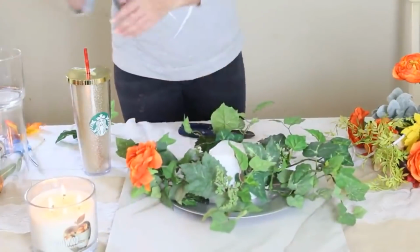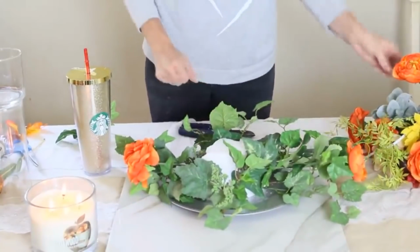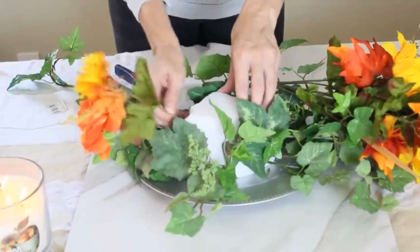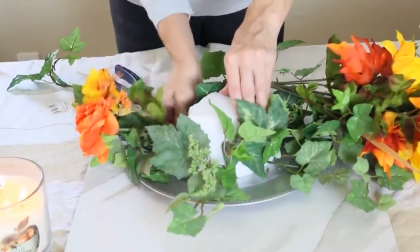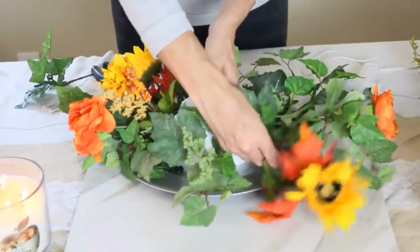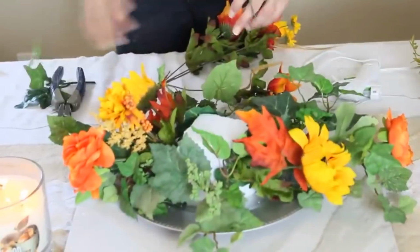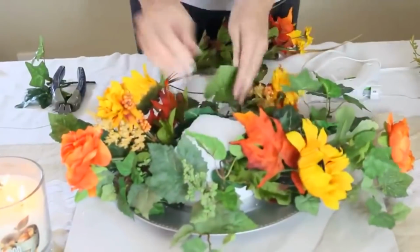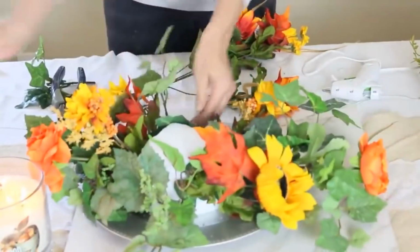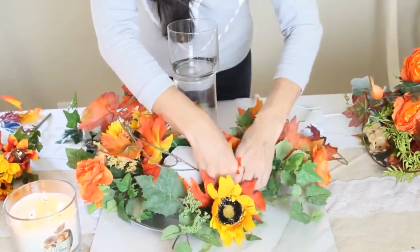Again, they're $3 for the entire bundle. I thought that was a steal of a deal. They're a really nice high quality floral, and they're a fall floral color, but there's something different. So more of that really pretty kind of cabbage rose look. Now I'm just adding in some sunflowers with some little leaf picks. This is going to be more of a traditional arrangement. I do have a lot of traditional florals going on in my home,